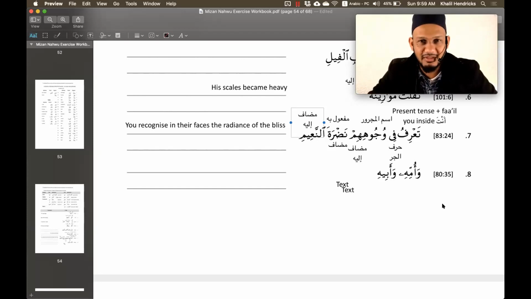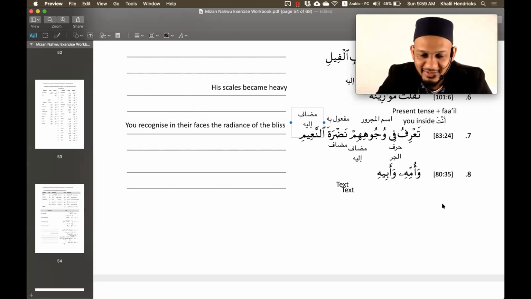So what I'm saying is, mashallah, maybe you're sitting there finding this tough, and you think, oh, I don't know what's going on here. But it's supposed to be a little bit tough because now you're just applying everything you learned in one sentence. So you're applying jumlatul fi'liya, fi'l fa'il maf'ulun bihi. You're applying harful jar ism majroor. You're applying mudafun and mudafun ilay. You're applying attached pronoun. All of that comes together in one sentence.